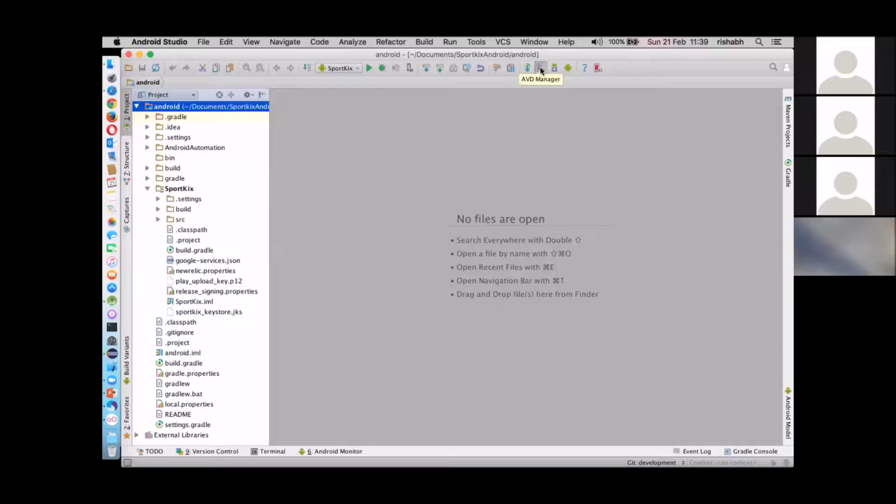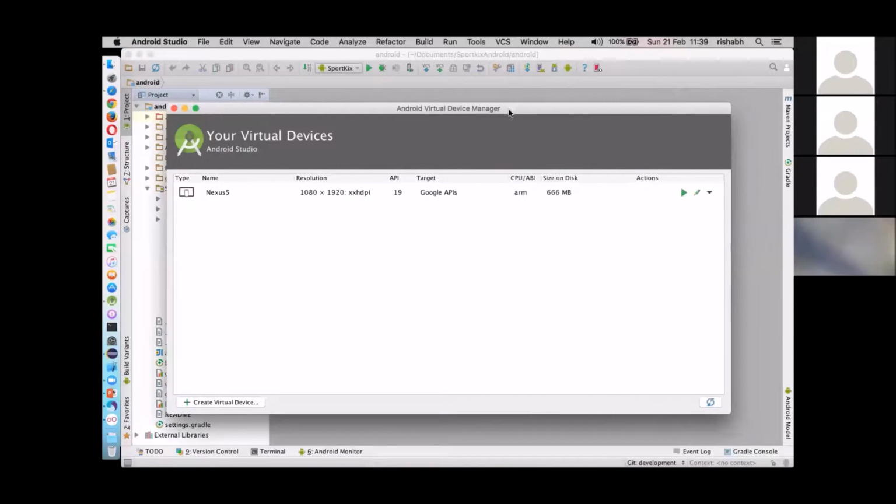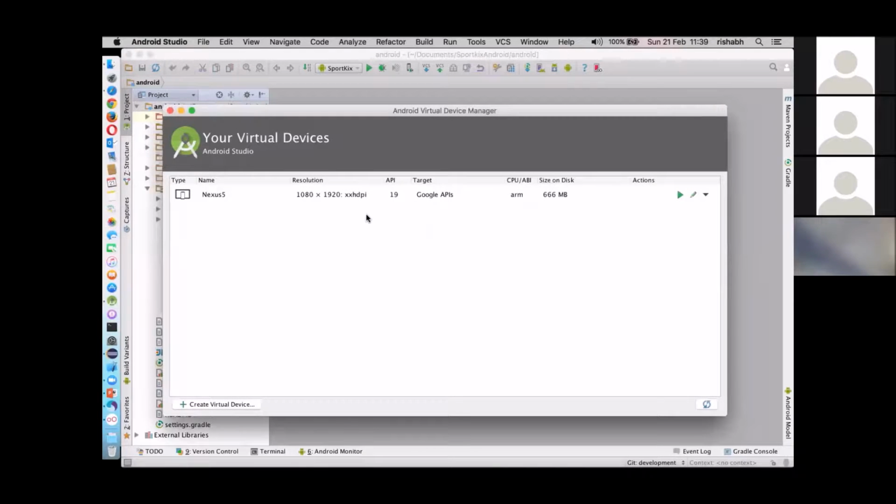Fine. So if you click on that, you will be navigated to this screen. This is the Android Virtual Device Manager. Here you can create your emulator. This is the default emulator which is provided by Android.